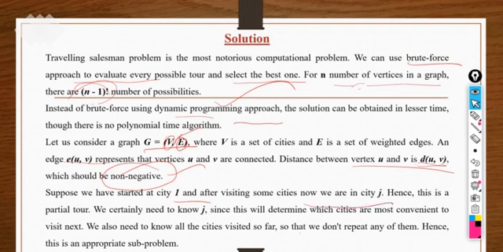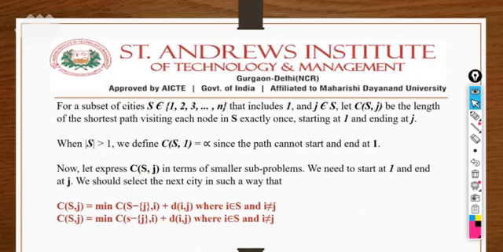So how can we divide that particular problem? First of all, we need to compute the sub problems. Then we can compute the overall path or route to cover all the vertices, or you can say all the cities, that need to be traveled exactly once. For this purpose we have a set of cities represented as 1, 2, 3 up to n. That includes 1, and j belongs to the s, of course.